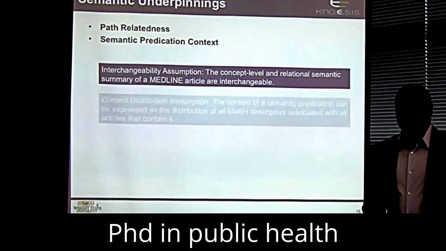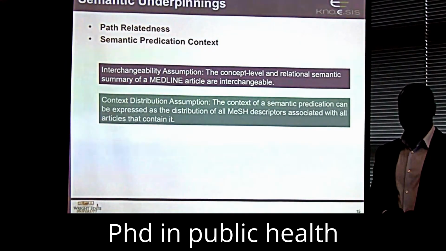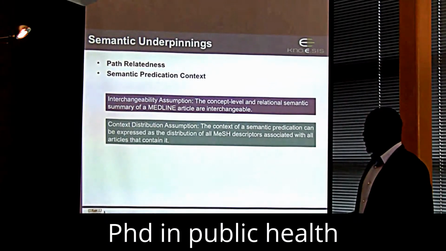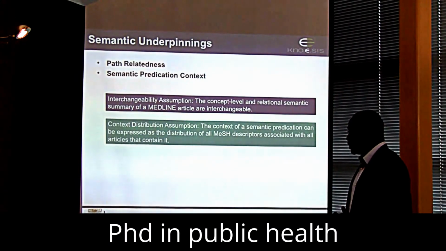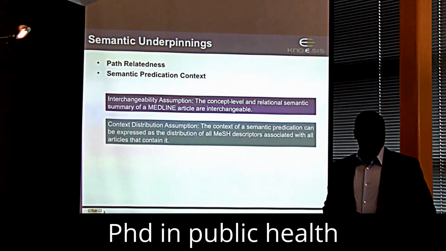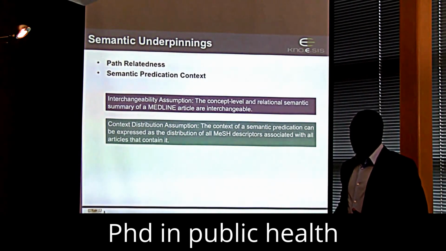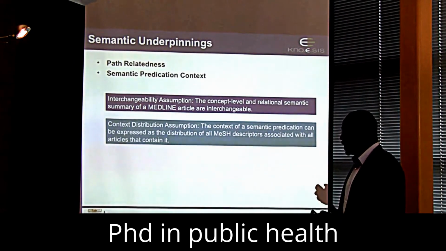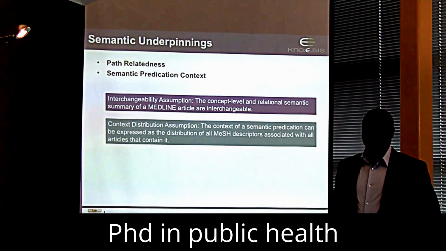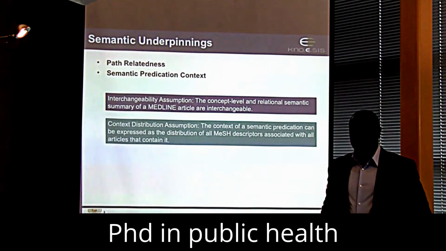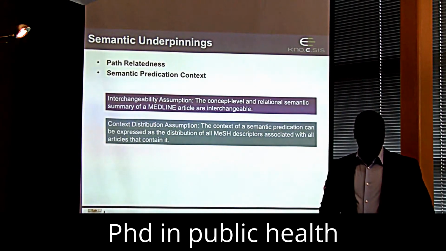This is in fact our second assumption. It is the context distribution assumption, which says that the context of a semantic predication can be expressed as the distribution of all MeSH descriptors associated with all articles that contain that particular semantic predication. And these two assumptions are the basis of our representation of context, which then enable us to represent the context of a path, and then to compute the relatedness between paths so that we can then cluster these paths into